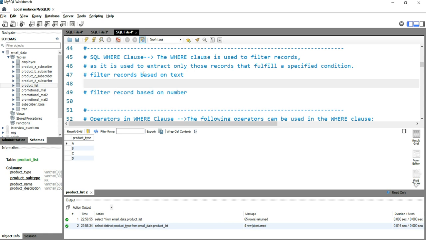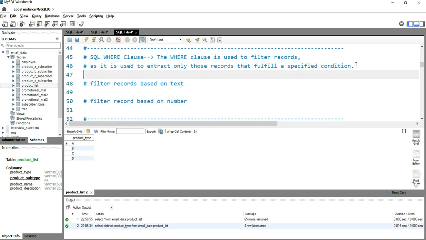So let's look at the where clause definition. The where clause is used to filter records, as I have told you earlier. It is used to extract only those records that fulfill a specific condition. Filter records based on a specific condition, right? Your condition can cover different situations.